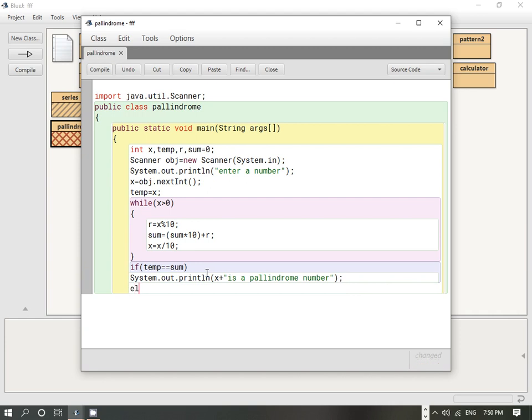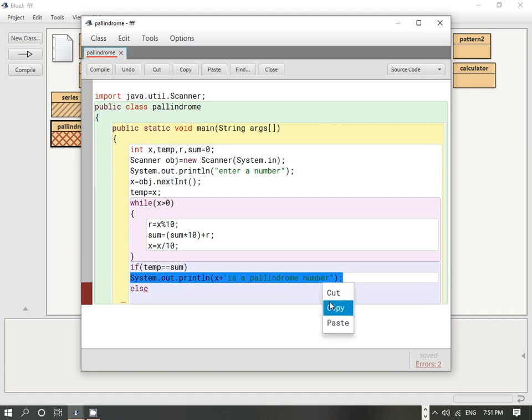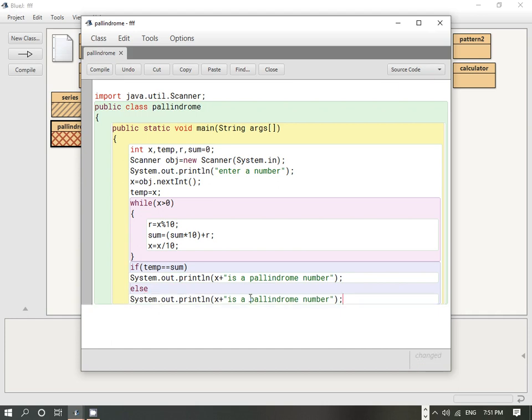And if it is not true, means else, we will print that x is not a palindrome number.